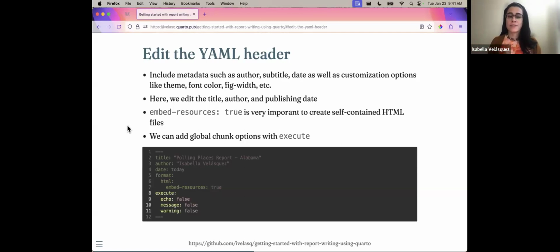Then we're going to add global chunk options. Previously we saw we could add individual code chunk options with the pound sign and then the dash, and then, you know, echo false or things like that. But we can also assign those code chunk options to every single code chunk in the document by putting them in the YAML under execute. In this case, we have echo false because I'm going to assume my stakeholders for this report are not interested in the data